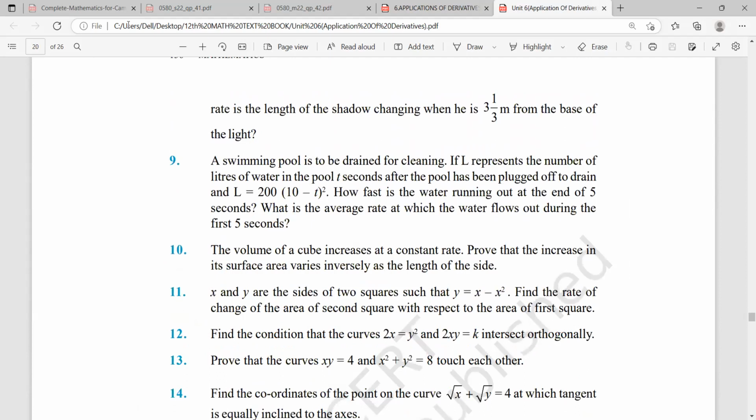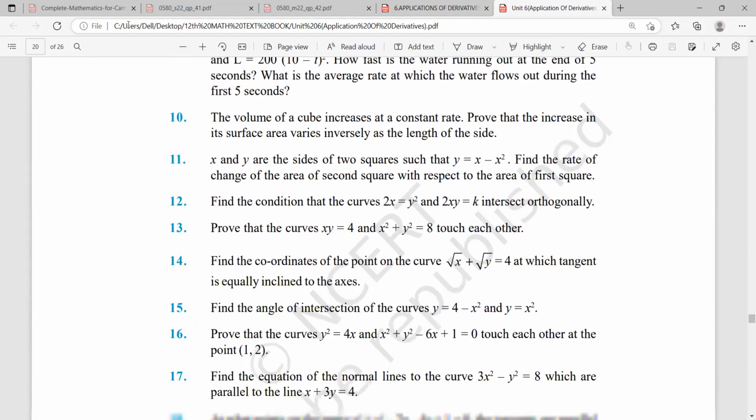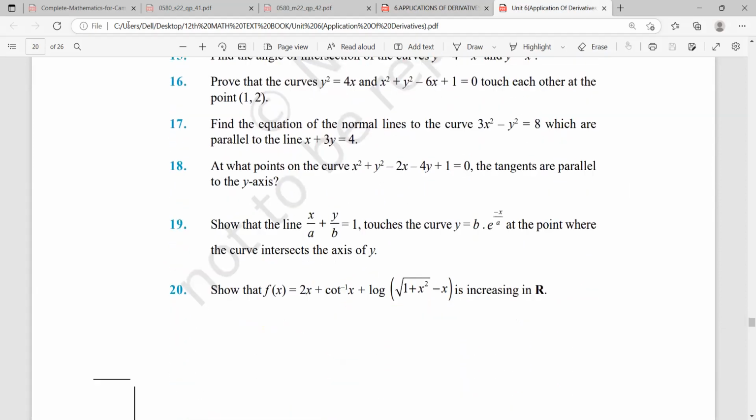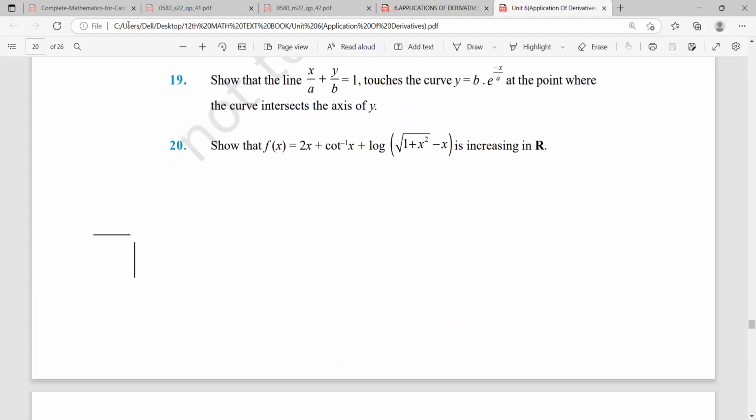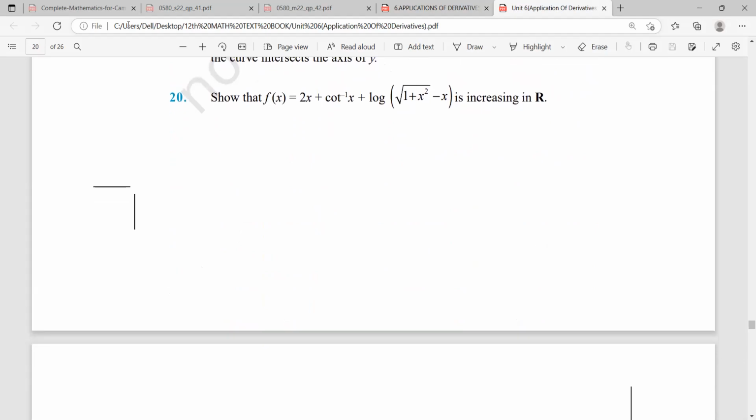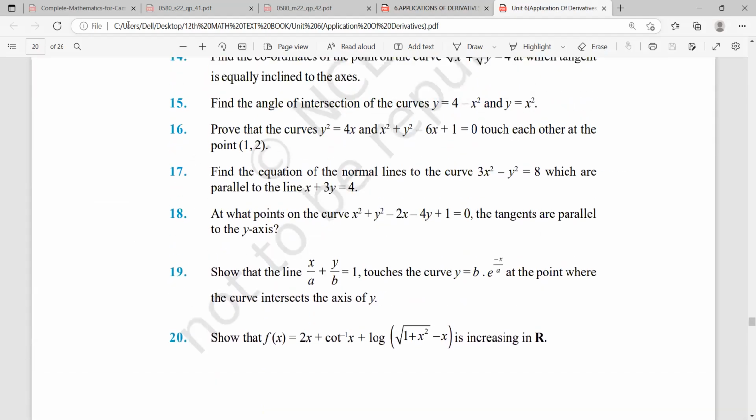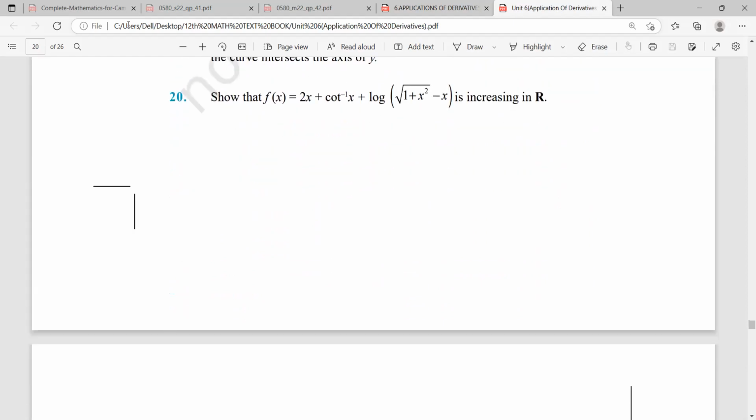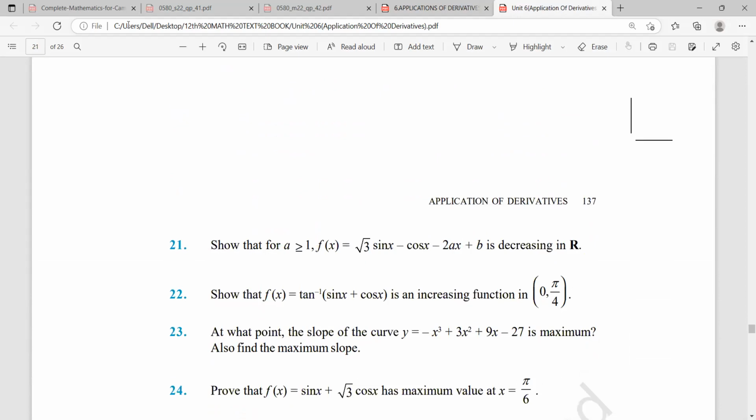We did not actually do all of this. We did not do nine, ten. We only started a few problems and did a few. These are all tangents and normals actually. 20 is there. So many in between are not there. 15, 16, 17, 18, 19 are not there. Yes, sir, 20 is there, increasing. Yeah, you can very clearly